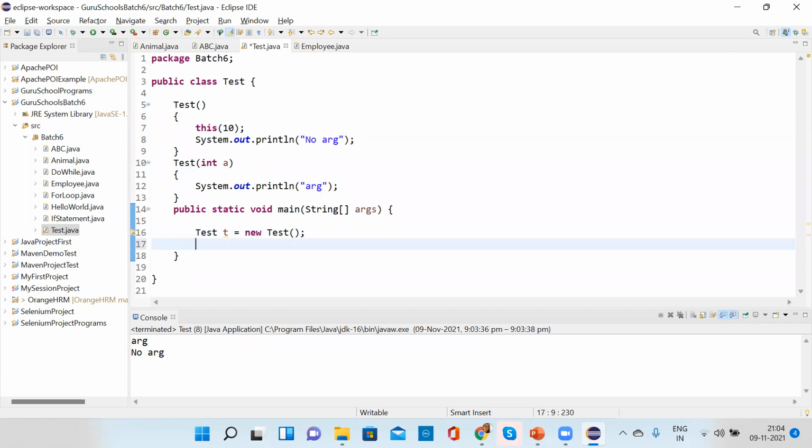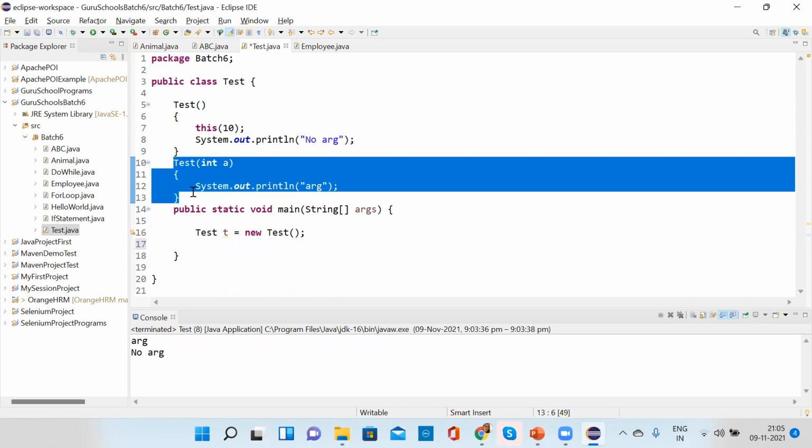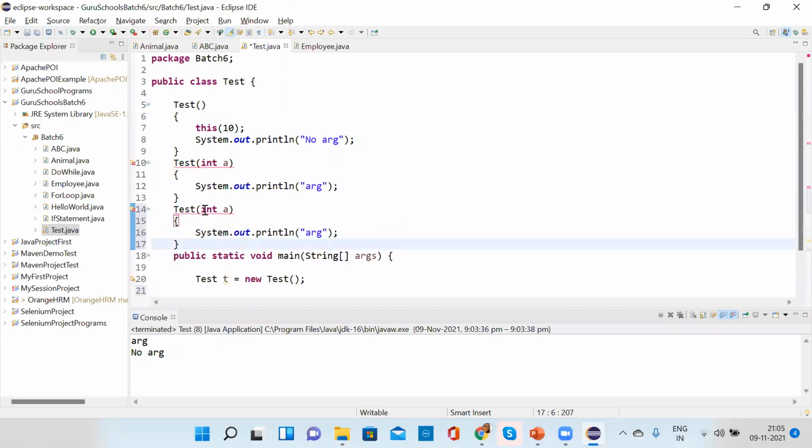Can you add one more constructor? You can add one more constructor here and have the string. So this is called constructor overloading.